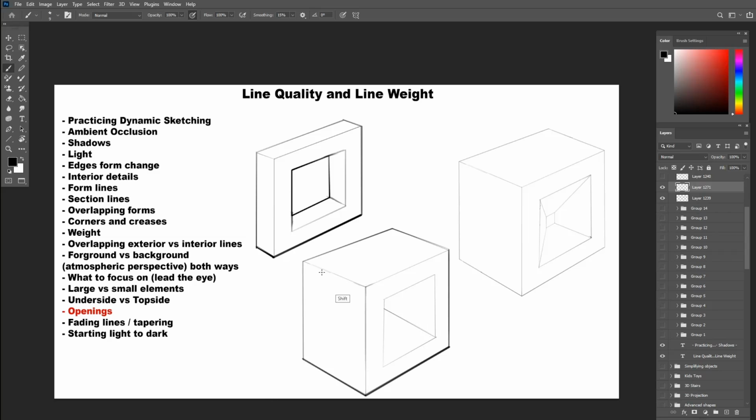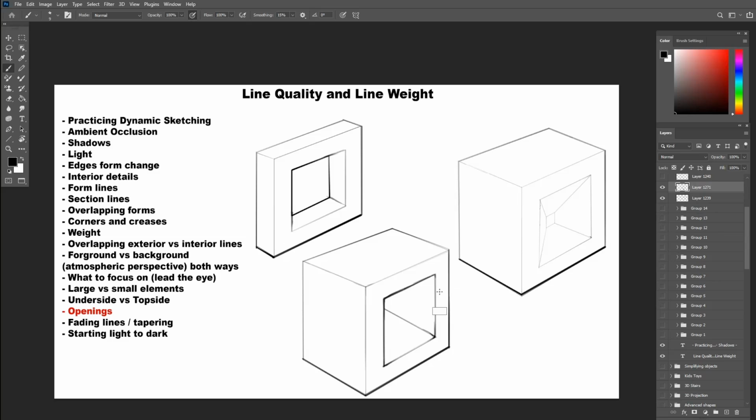As for the hole that has no backside, the lines of the hole in the front will be all interior lines, but two of them will overlap over the other two. So the top and left side will be overlapping the right and the bottom side, so they will be a bit thicker. Here I messed it up at first, but I fixed it later. The top edge will overlap the right edge of the hole, and the left edge overlaps the bottom side of the hole. So these two will be a bit thicker, tapering off as they reach the other side.